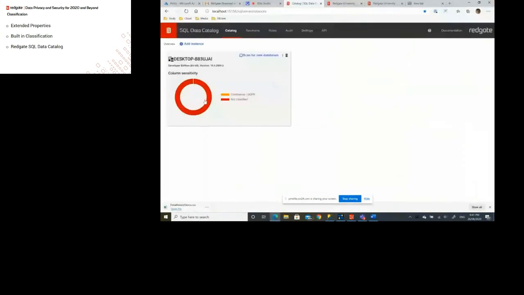So, okay, this is my database server. I've got a development instance on my machine. About an hour before I gave this presentation, I ran Redgate SQL Data Catalog across my instance of SQL Server, and I've got quite a lot of databases on there. If I hover over there, it says not classified,